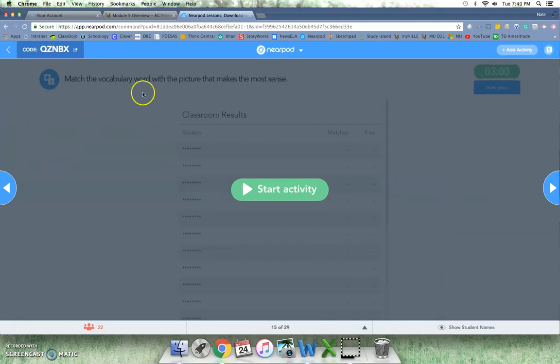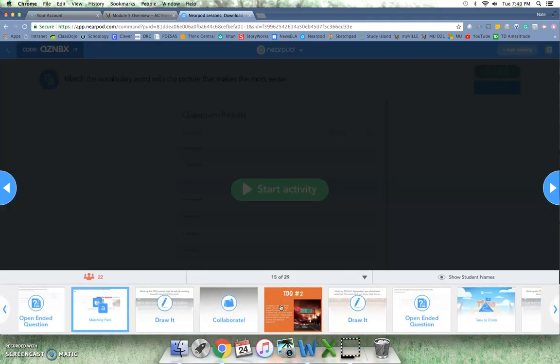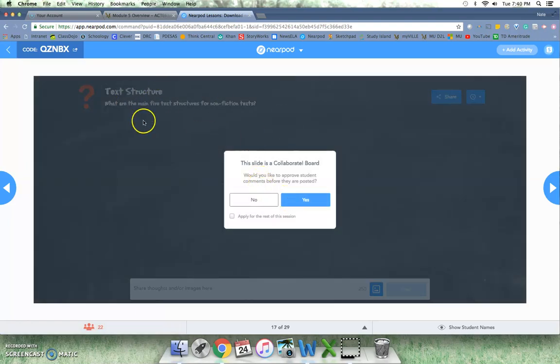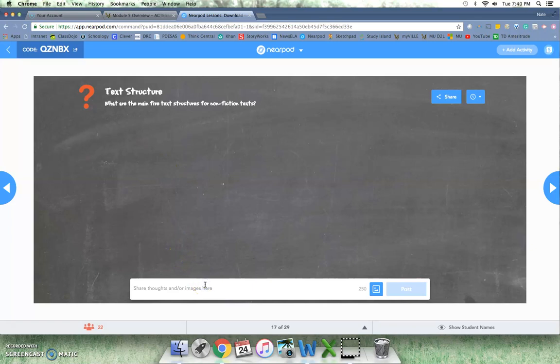Here's a vocabulary matching activity. I don't want to start it because once I start it, I don't think the kids have access to doing it again. A collaboration board. So the question is, what are the 5 main text structures? So I might say,